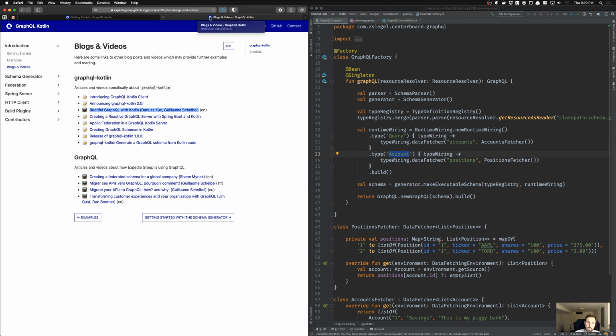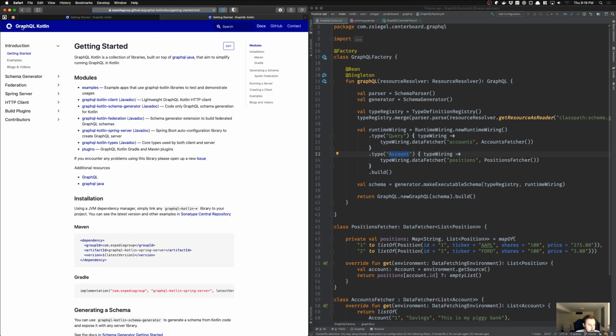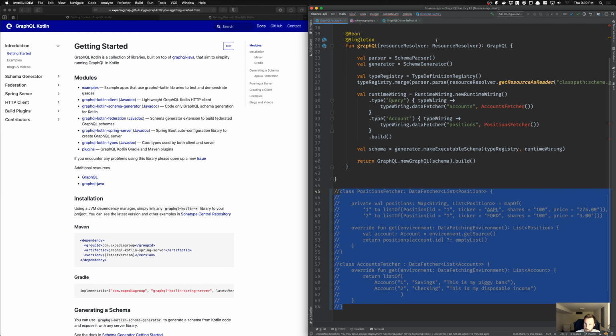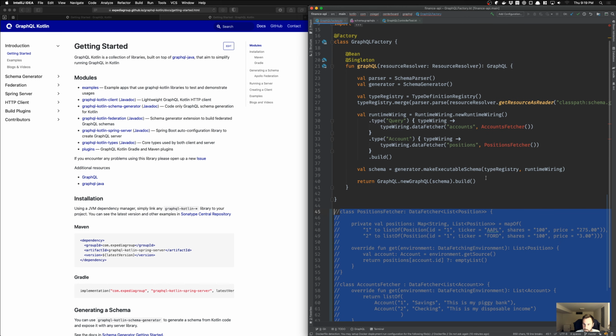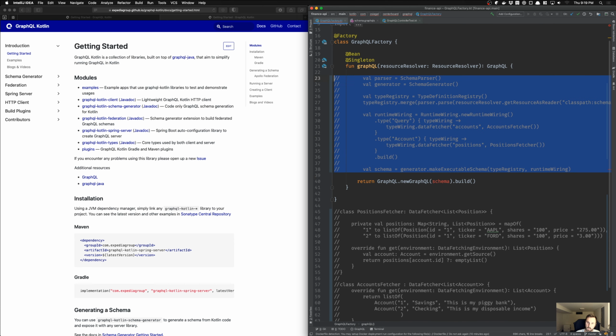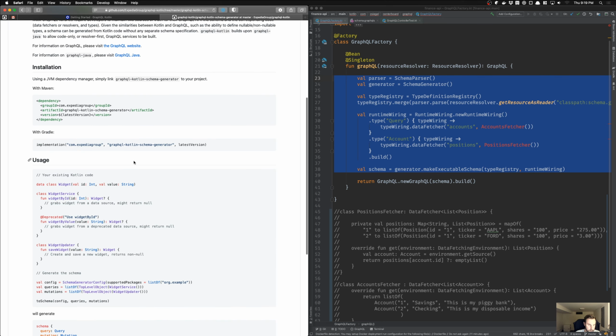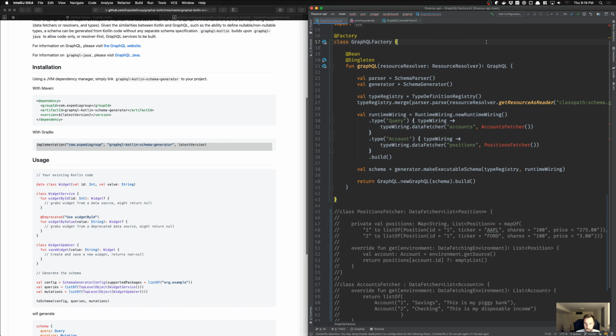This is going to help us not have to maintain this difference between our schema and our code and all that kind of stuff. So we are essentially going to comment all of this out, and we are going to bring in this new library, the GraphQL-Kotlin schema generator library. Then we are going to implement that and take a look at how it works. Okay, so let's go ahead and add this library